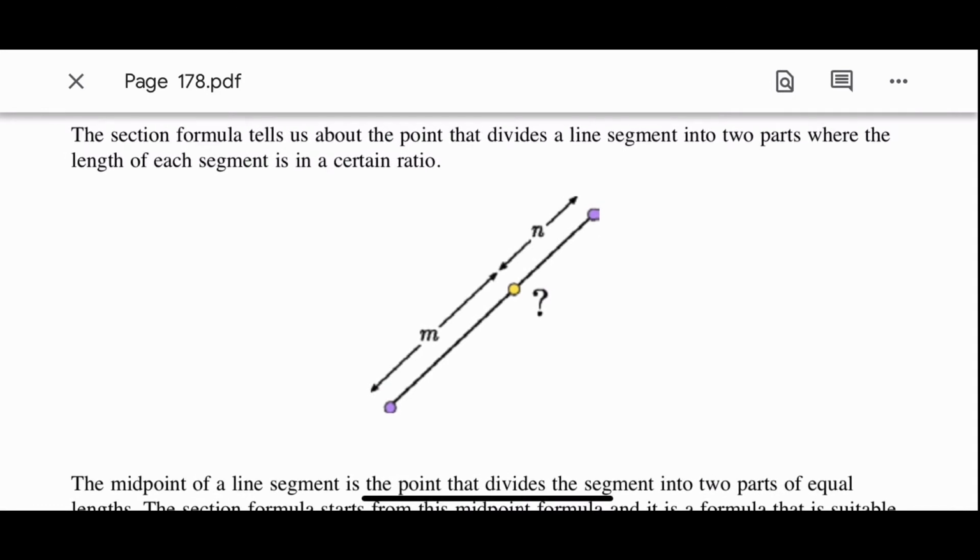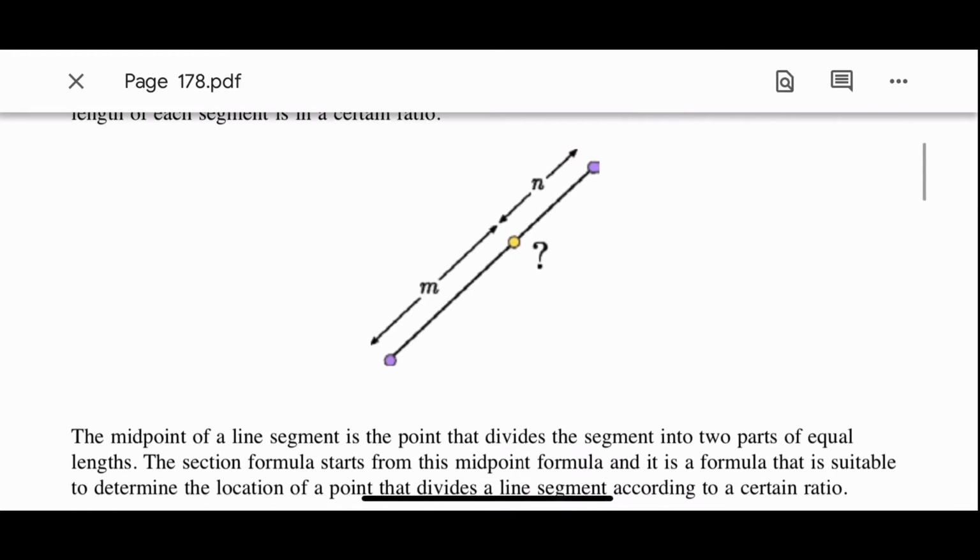The section formula is also known as the ratio theorem. For the KBSM, we used to call it the ratio theorem, but we can also call it the ratio formula. Okay, the midpoint